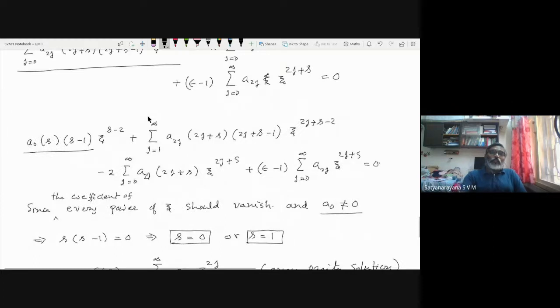Okay, so let's try to write this particular term as xi to the power 2 times j minus 1 plus s. Okay, 2 times j minus 1 plus s. Now, if I put j minus 1 as some other index, okay, so what I'm trying to do is